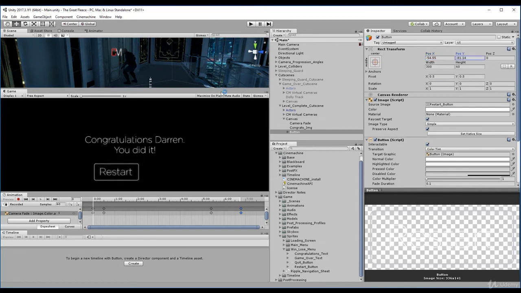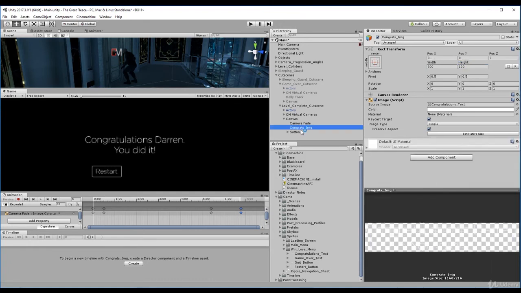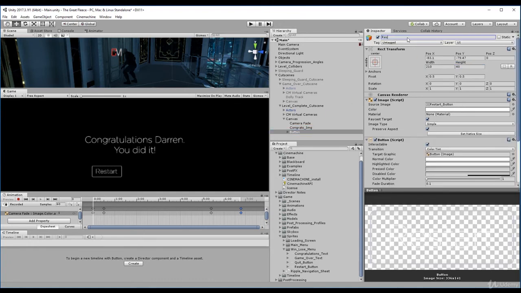Okay, so that looks pretty good right here. You can adjust the size however you'd like. So let's maybe make it like 210 by 40. I'm happy with that. All right, and what we can do now is we can call this the restart button. And we'll create all the functionality for these buttons later in the course. So we have a restart button,